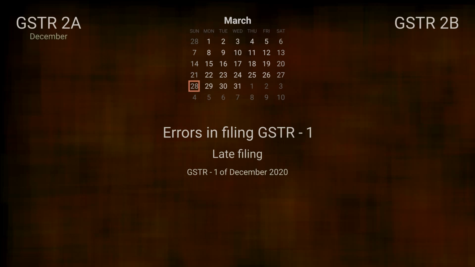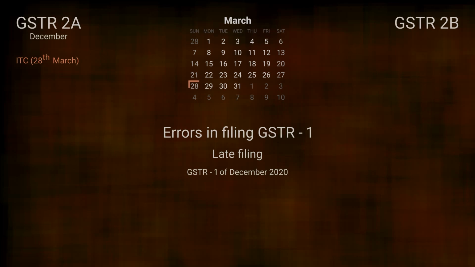the GSTR 2A of December gets reflected with this credit. So just like how I said, every single time any supplier files his GSTR 1 return of any given month, GSTR 2A of that month keeps getting updated. Whereas GSTR 2B for the month of December 2020 has already been generated with unchanging information.